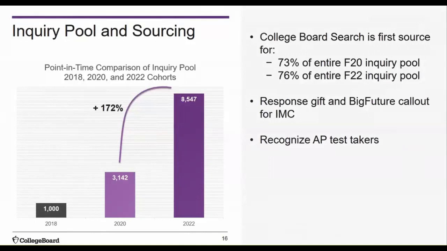Given all of our CRM challenges in 2018, our best guess for the size of our inquiry pool was about 1,000 inquiries, and that's probably being generous. By leveraging standing orders and integrating Search and Slate, our fall 22 inquiry pool is on track to be over 750% larger than 2018. Nearly 80% of our responders are actually non-responders of our first 1 to 3 Spark messages targeted at our sophomore and junior search.